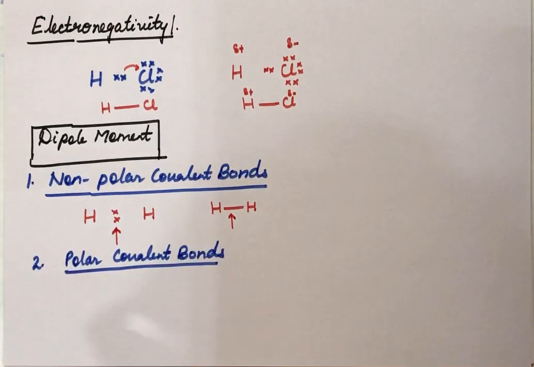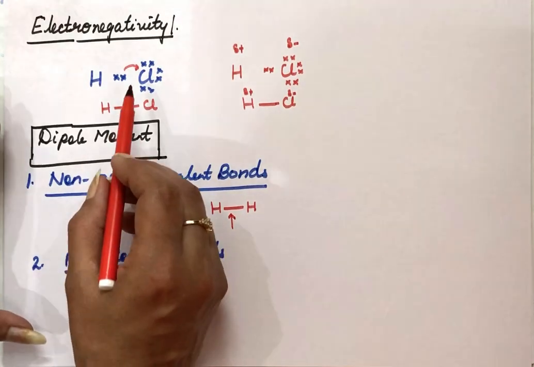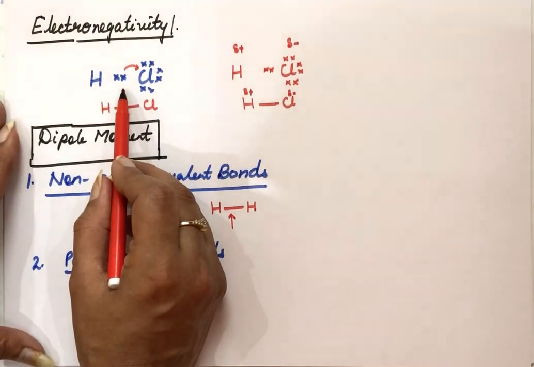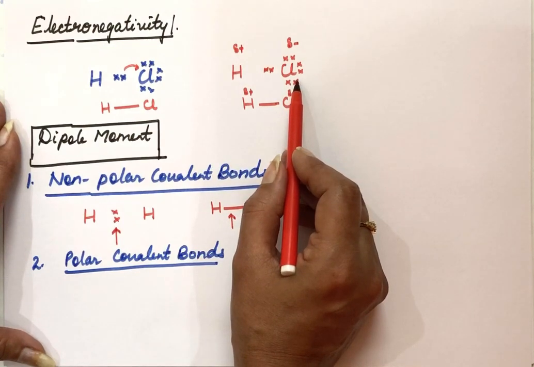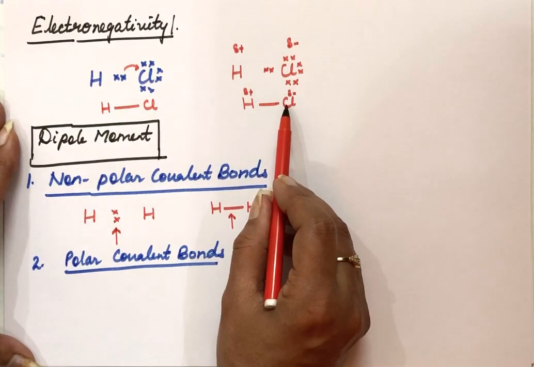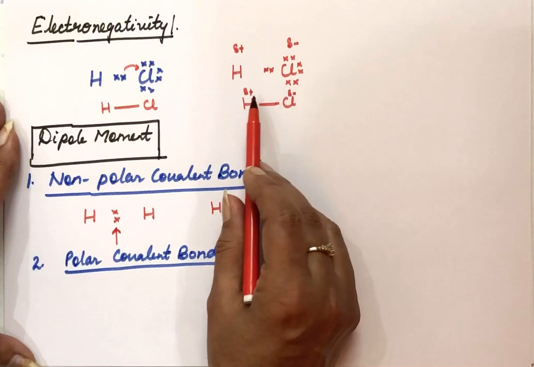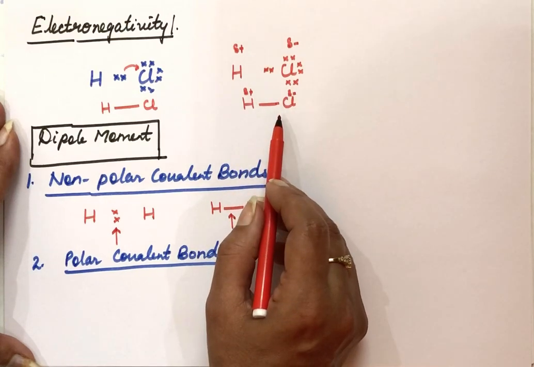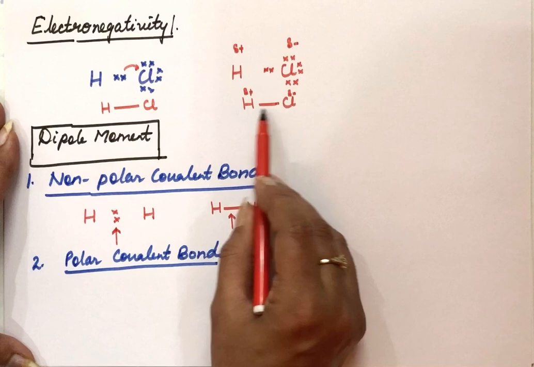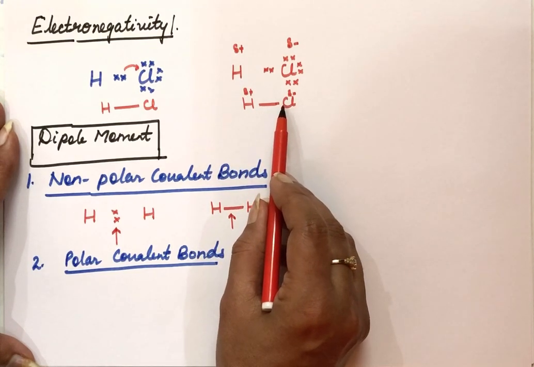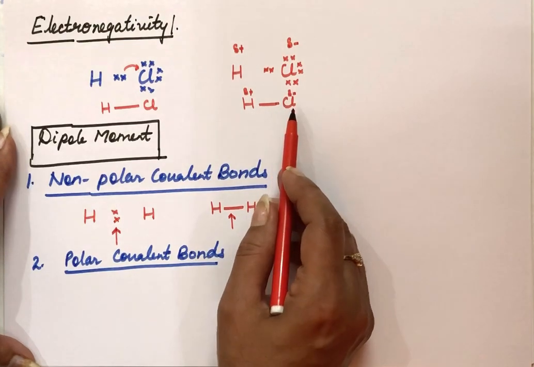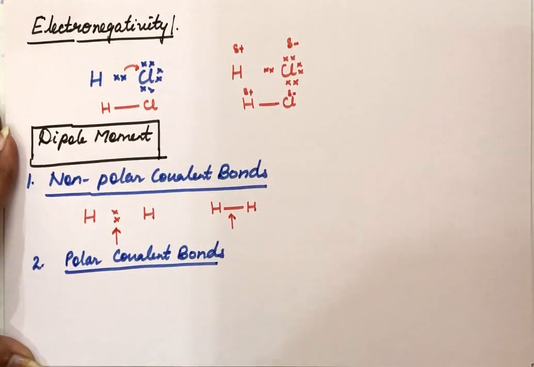Like this example of HCl. In this case, the shared pair of electrons between the two atoms is displaced to the side of the Cl because Cl is more electronegative here. So because of this, the resultant covalent bond formed here is a polar covalent bond. As a result of polarization, the molecule has a dipole moment here. This is a molecule in which the covalent bond becomes polar in nature. So we say there's a polarization in the molecule, and because of this polarization, the molecule will have a dipole moment.